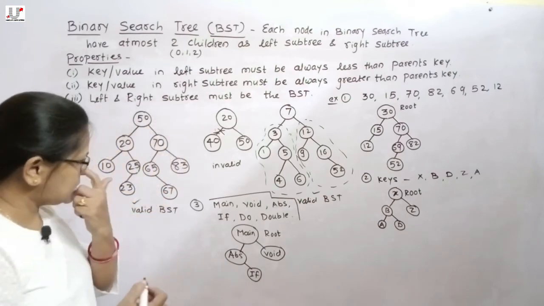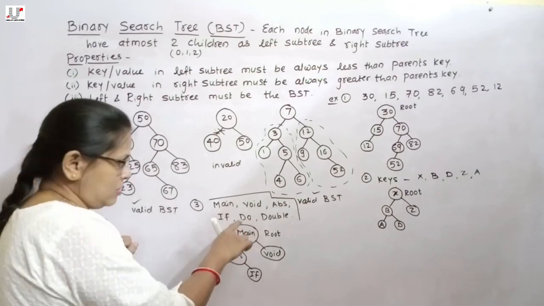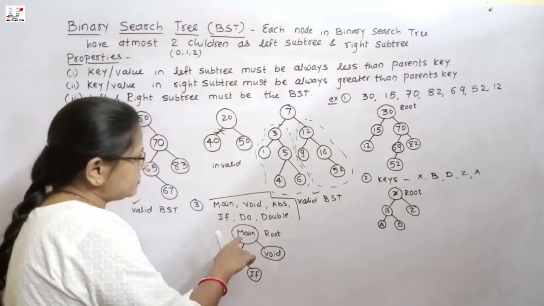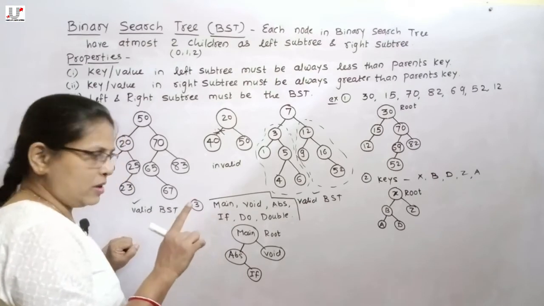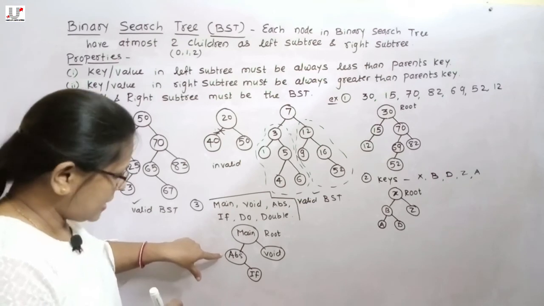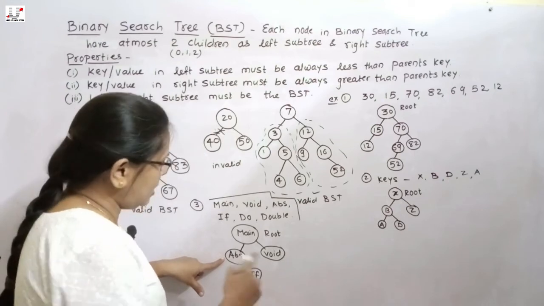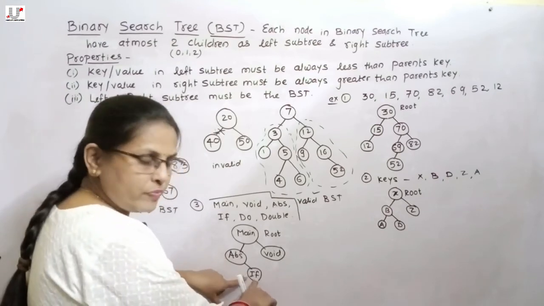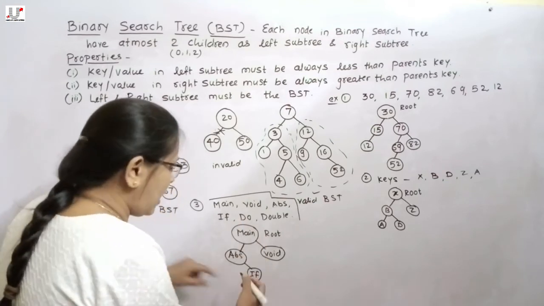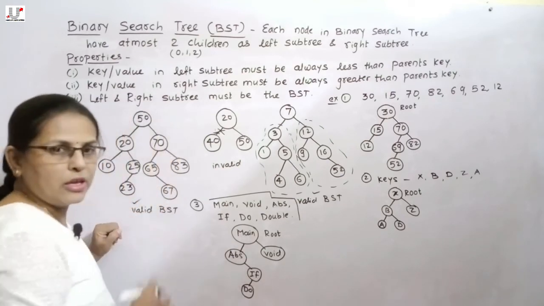Next is DO. Compare that DO, meaning D, with the root node first, with M. In alphabetical order D appears before M, so move to left, where ABS is. In alphabetical order D appears after A, so again move to right. Then compare that DO with IF. D lies before I, so DO gets attached to the left of IF.